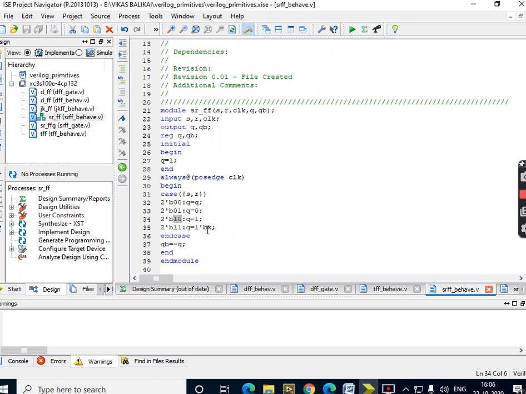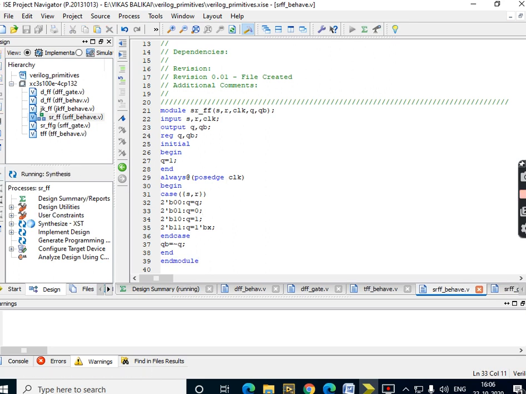Okay, so whatever is the behavior of the flip flop, I need to just mention it in the form of case declarations. Then the endcase technique remains the same. The complement has to be created at QB, that is created by QB equal to inversion of Q. And for this particular begin, lastly is the endmodule. So the techniques remain the same but with slight modifications to be incorporated. So the program is written.